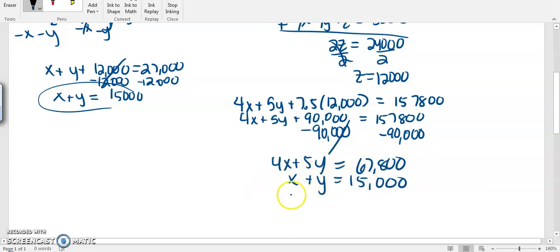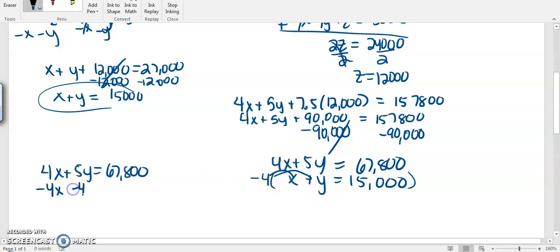Now these won't eliminate because you need to make them opposite. So what we could do is multiply this one by negative 4. Negative 4 times x would be negative 4x, which would cancel out this. So you have 4x plus 5y equals 67,800. Negative 4 times x, negative 4x, negative 4 times y, negative 4y, equals negative 4 times 15,000, which gives you negative 60,000. These cancel out. 5y minus 4y is y, equals